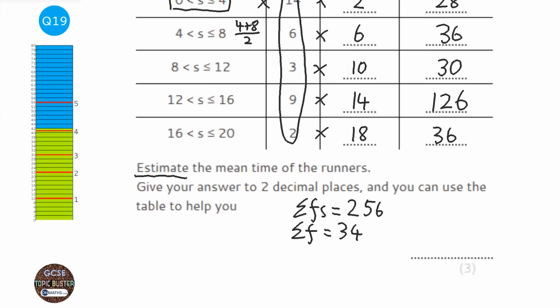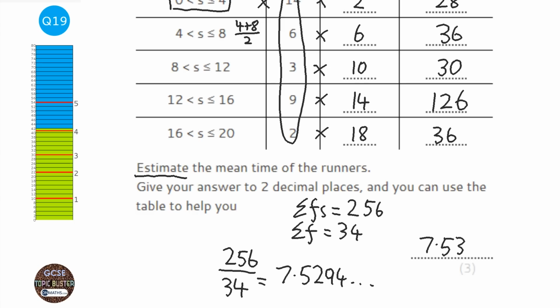And then what we're going to do is get the 256, which is all our values added together, and divide it by 34. So 256 divided by 34. And I get the answer of 7.5294 and so on. To 2 decimal places, that's going to be